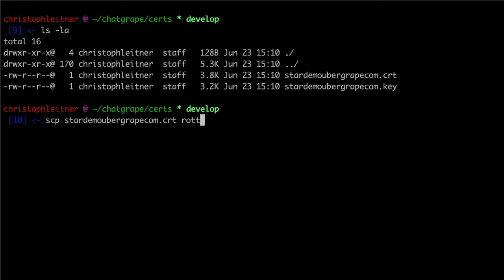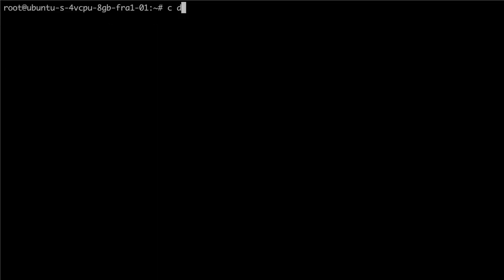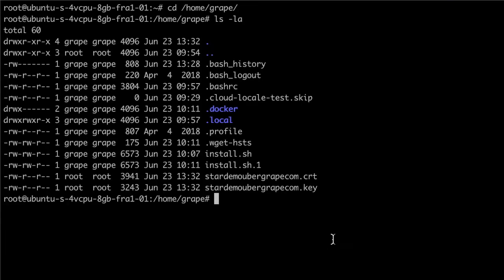to our virtual machine. And let's upload the key file as well. And now when I go over here to /home/grape, you can see the files are in here. In order for Grape to use those, their ownership has to be changed to grape. So chown grape